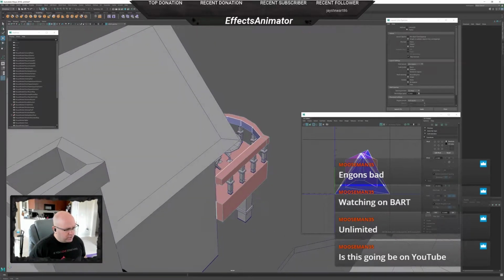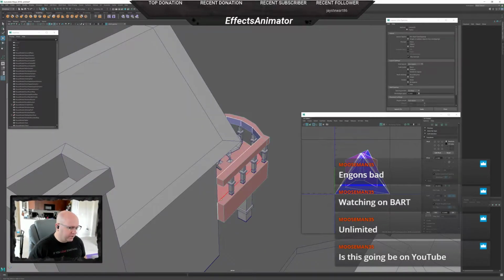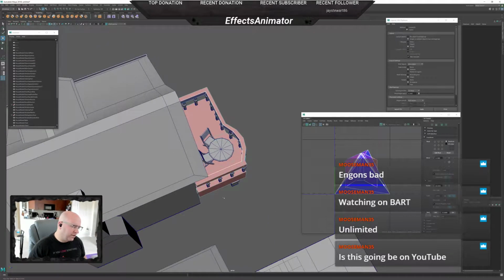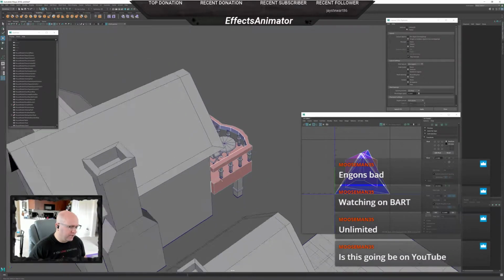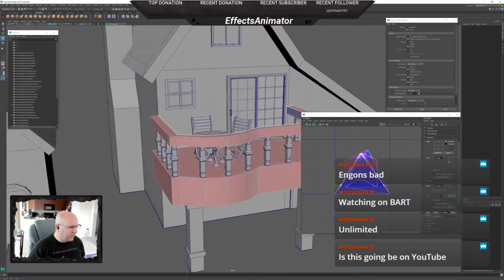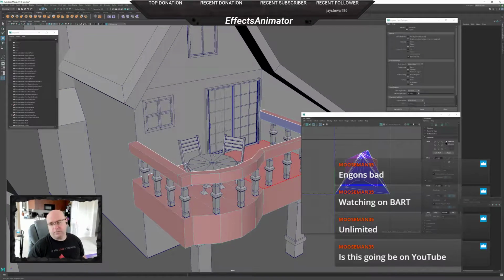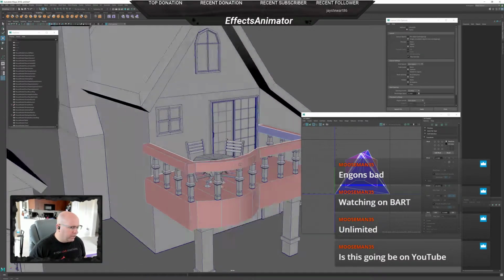So now, of course, you could actually take it further too, because some balconies do kind of wrap around. I could have extruded these out and had it wrap around, but mostly I just wanted it to protrude out a little bit. That was what the reference did. The reference I was looking at did that. So, anyways,